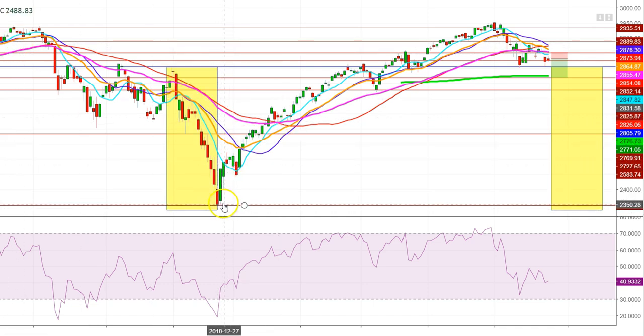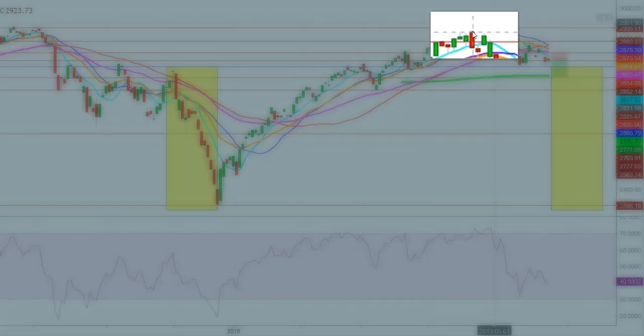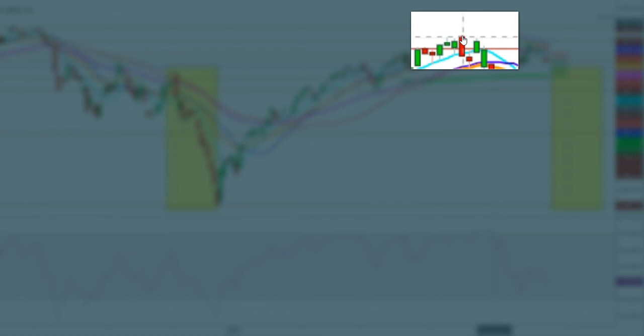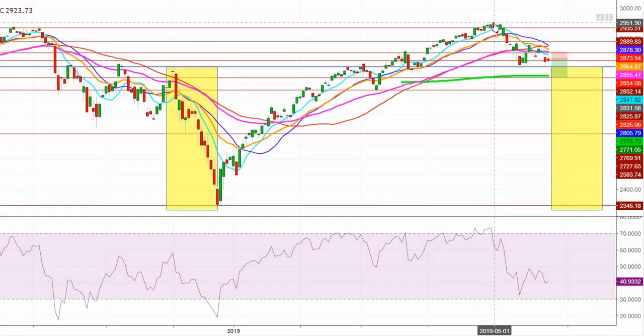Here you can see that since then S&P 500 started to move upward up to the levels of 2951, where after touching the highs of 2951 on 1st May 2019, once again we have seen S&P 500 under bearish pressure